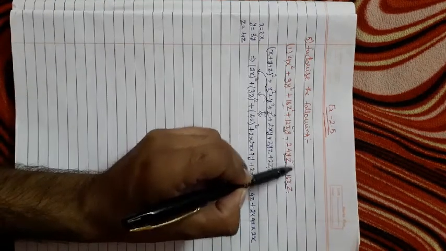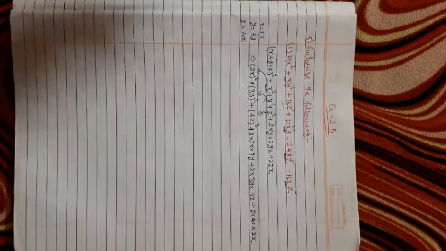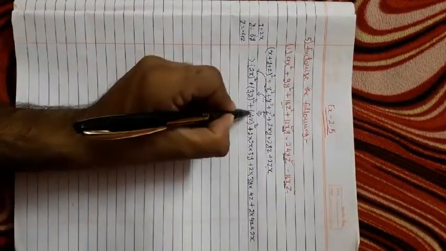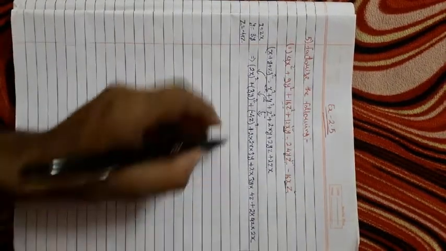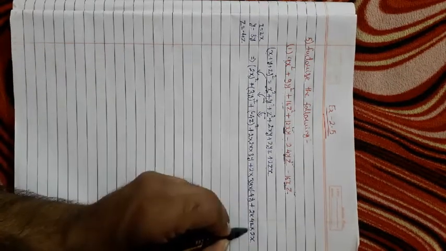Means whenever z comes, the sign will be negative. Means the term with z is negative. Instead of z we have to take -4z. So wherever we had written z, we have to take the minus sign. So the same thing I am writing here and also here. Okay, now you might understand what I have done.